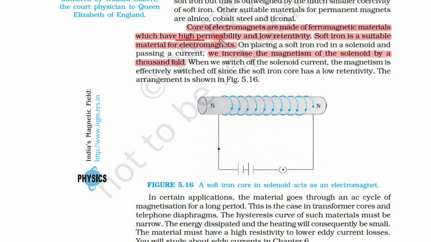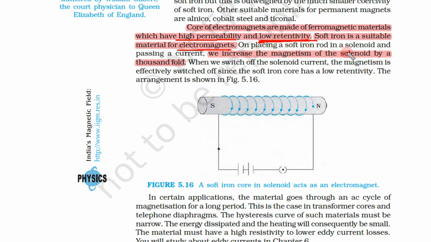So we need high permeability in both cases, but now we need a material with low retentivity, because if a crane is picking up something with magnetic force, then as soon as we remove the magnetic field, it should drop. Soft iron is a suitable material for electromagnets. So what do we use? Soft iron, because it has very low retentivity.